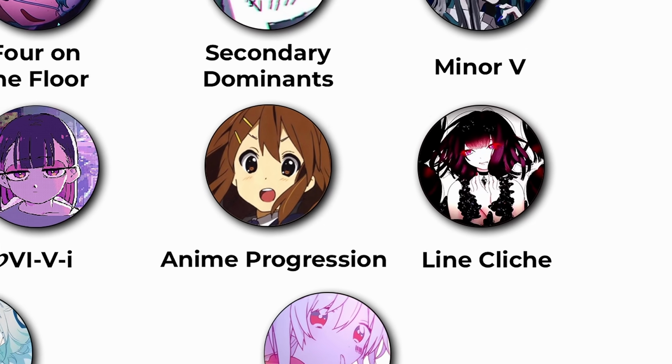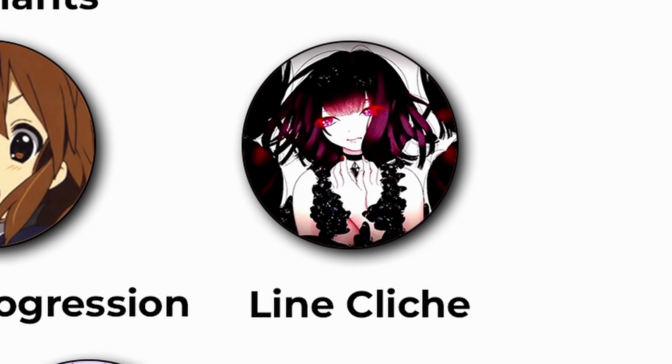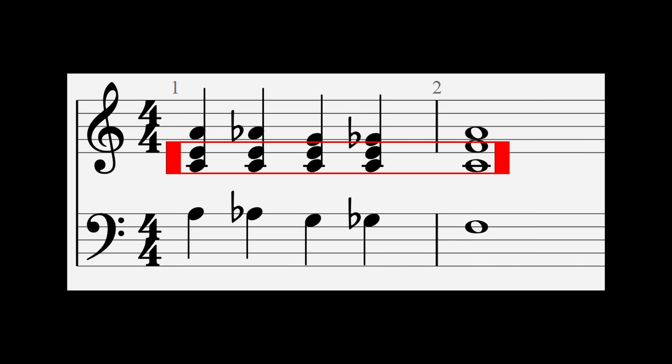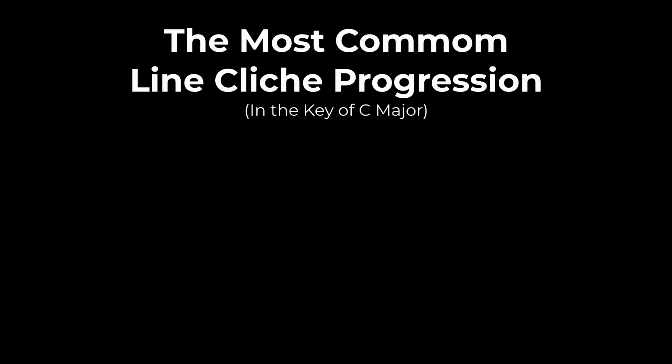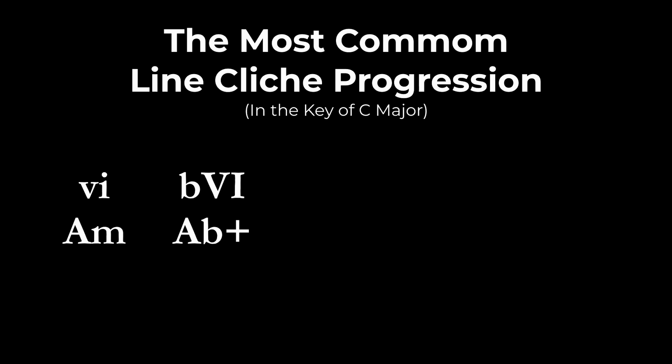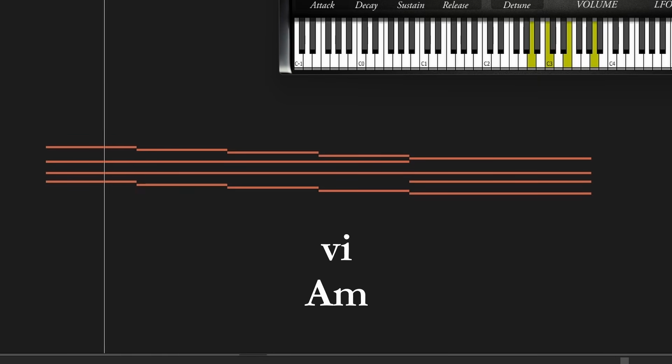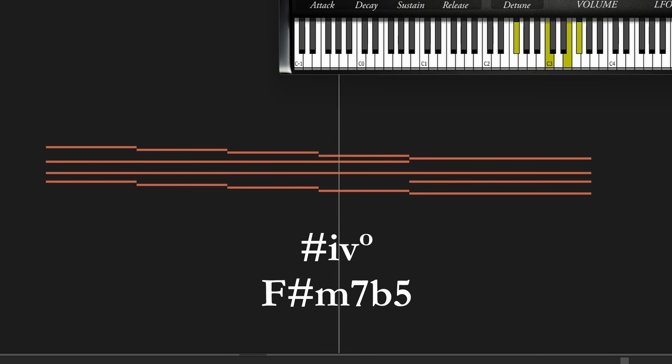The line cliche is the movement of a note within a chord progression that goes down or up a semitone while keeping roughly the same chord playing. The most common progression is a 6, flat 6 augmented, 1 in second inversion, sharp 4 minor 7 flat 5, and then ending with either the 4 or 2 since they both contain the 4th degree. A few examples of a line cliche going down a semitone include